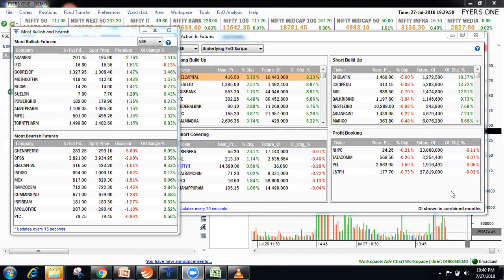How to identify the target here? When to square off? If you're getting 1,000 to 2,000 rupees profit, try to book the profit first. I will always try to book at least 10,000, 15,000 rupees, and then I will think for a bigger one. That's the one thing you all should try. First, try to book 1,000, 2,000 rupees. Making 1,000 to 2,000 rupees profit is very easy using this strategy.